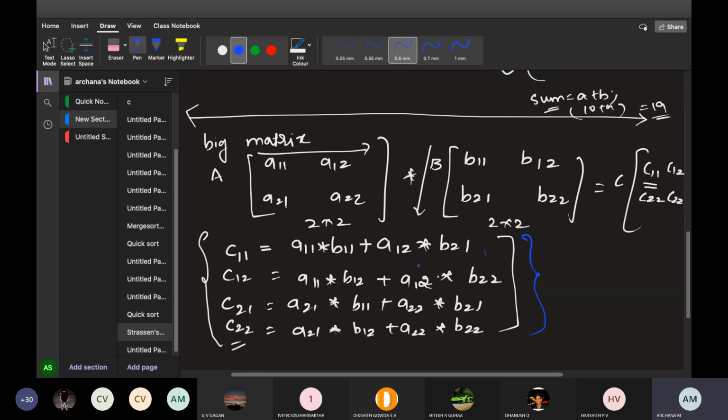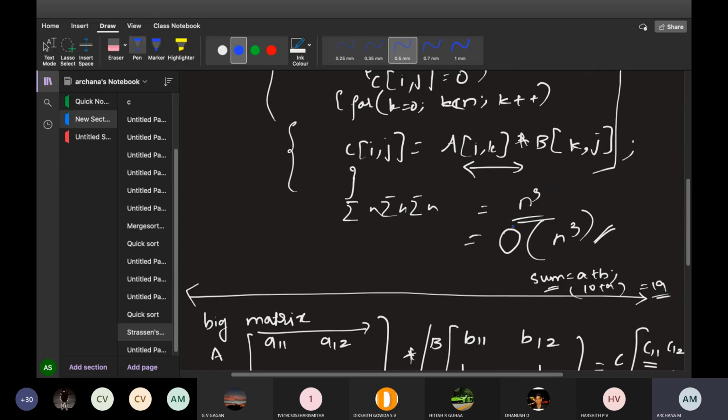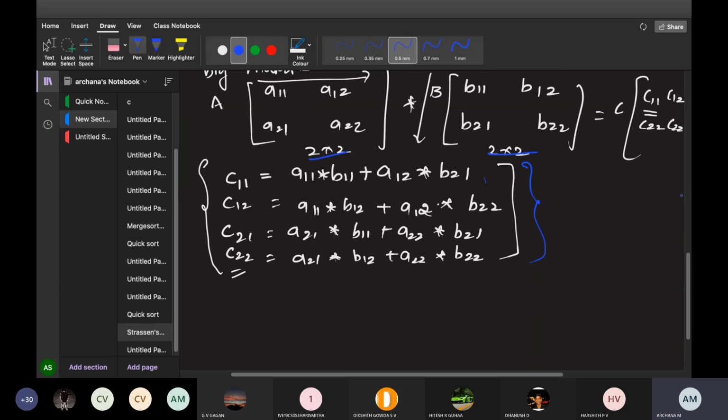This is what Strassen found out: that instead of multiplying using these for statements, why can't we just use the mathematical formula and write a program? He gave that idea so that we can solve the matrix very easily. Okay, now this is the 2 cross 2 matrix I have. Now for example, I'll take a very big matrix apart from this. Even if you have a 2 cross 2 matrix, you can very easily solve this, right? You can apply all these four formulas, solve the problem very easily, and get the output.